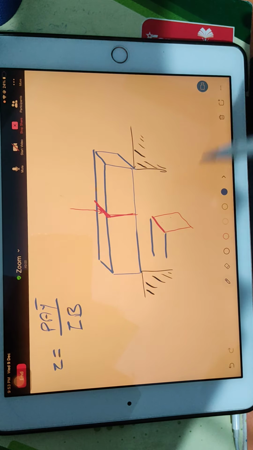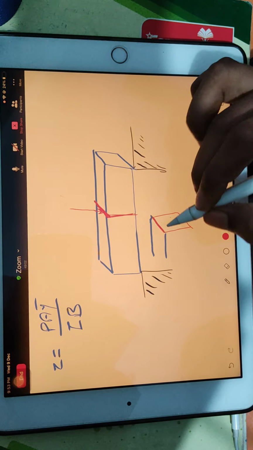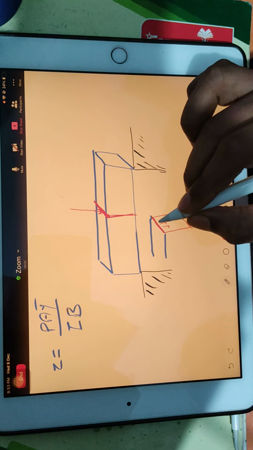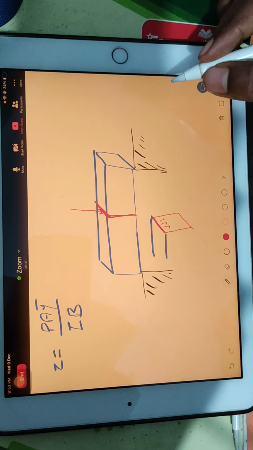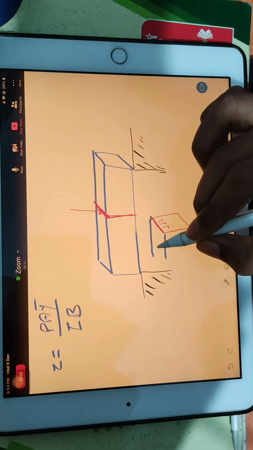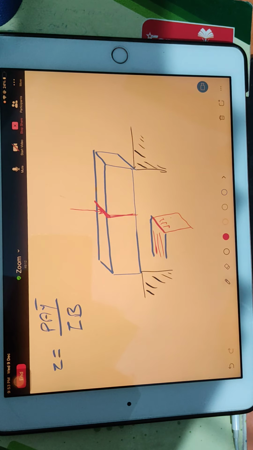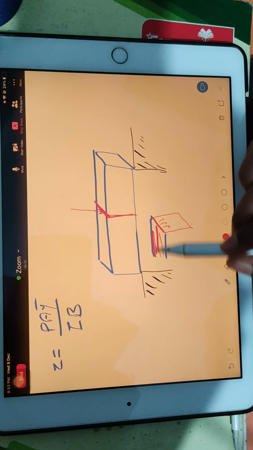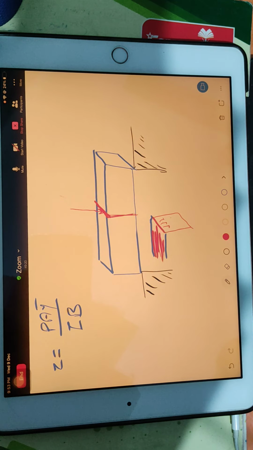this is the half beam I am drawing. So you will experience a force here downward, that is shear force, and at the top your shear force will be zero, because shear force will not act at the top, right? Shear force acts between two plates. So at the top, this is the last plate, we don't have any other plate over this.